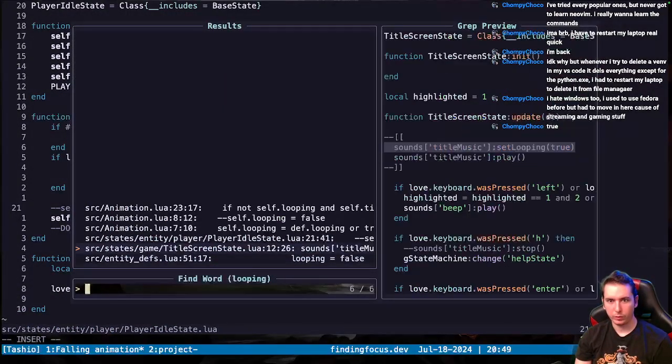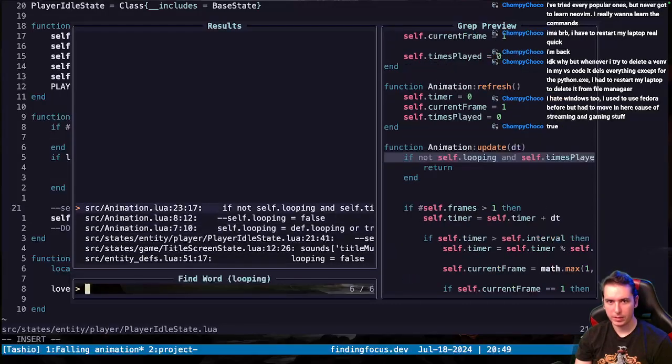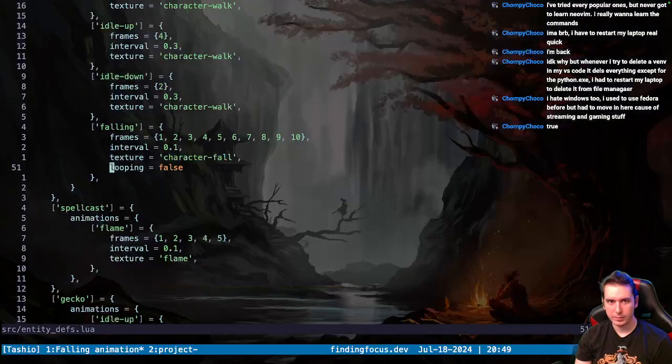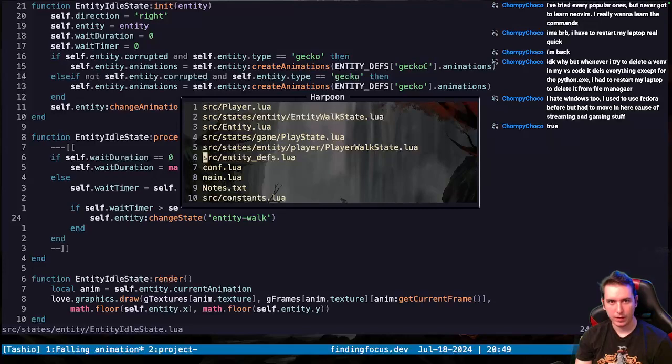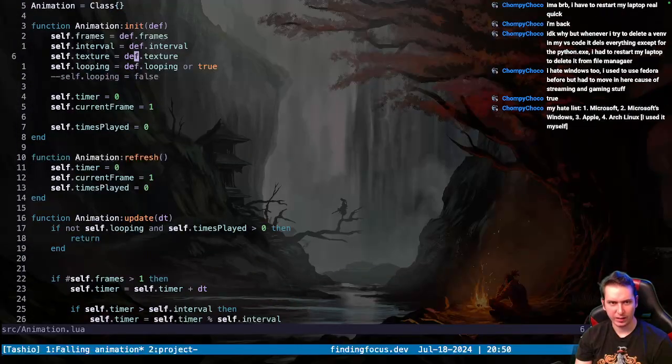It's like the only reference to looping that we're even using is this init and the update and then the actual value we give it. So there's gotta be something in the animation class. Maybe I had this wrong, like,